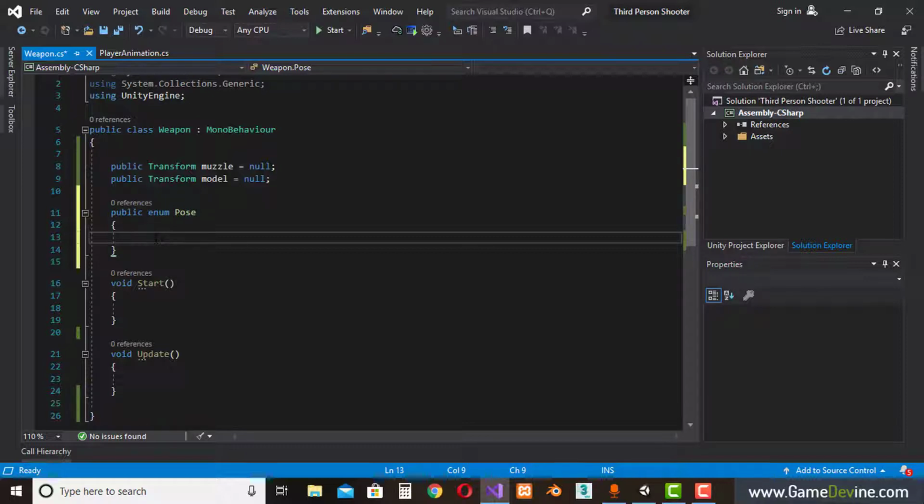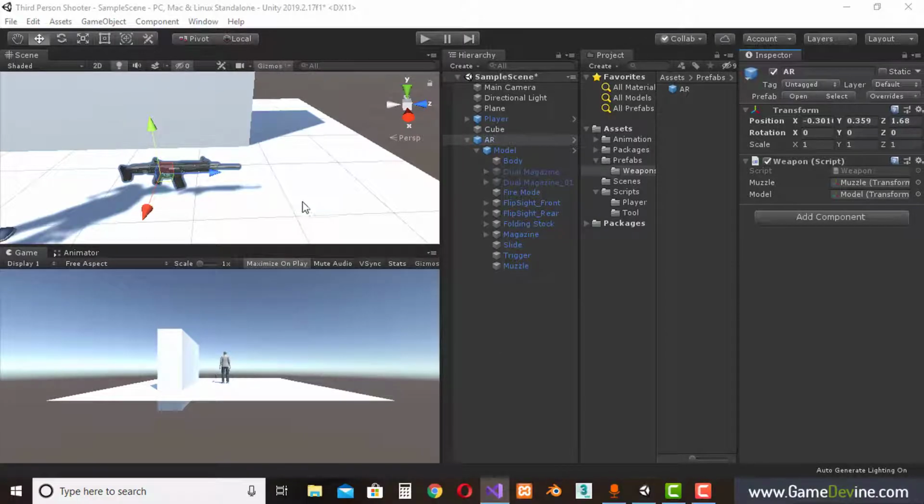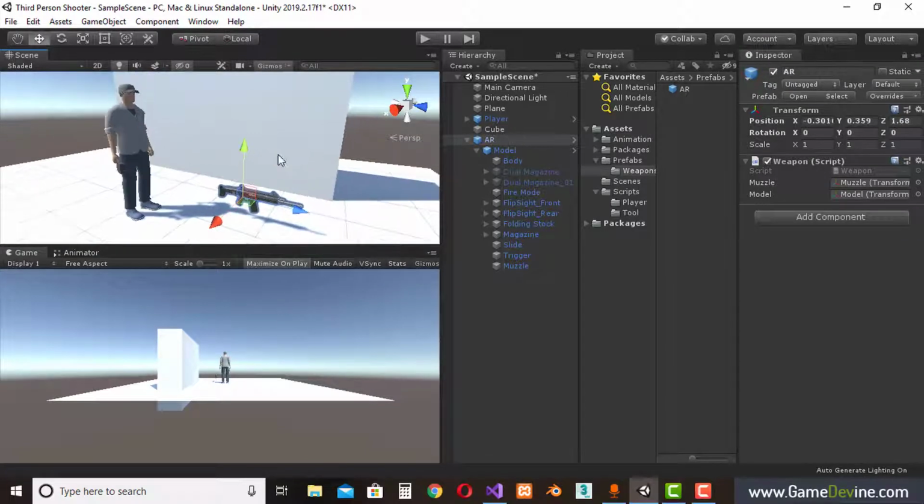This defines actually if our character is idle, the position of the weapon is gonna be different than the position of the weapon when it's aimed. And the reason I'm gonna do it like this, because most people will